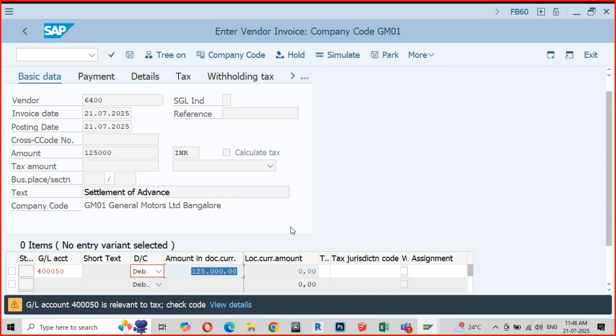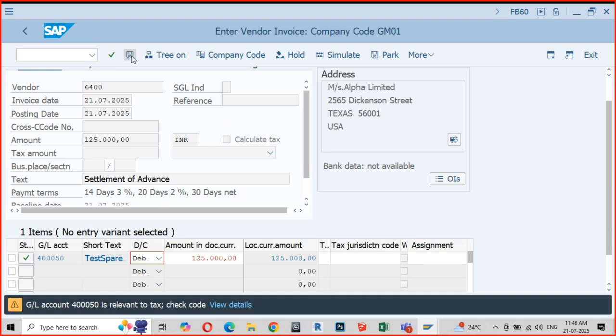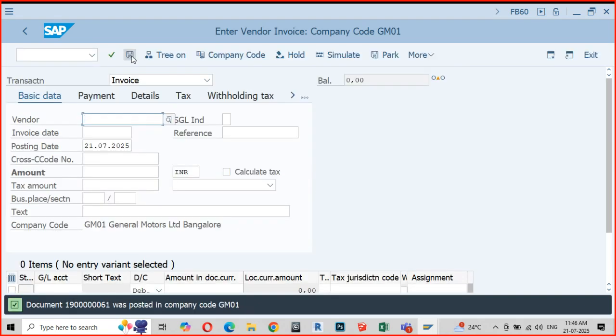Relevant to tax, no problem. I will post this. There is a document which has got generated. Now I have an advance for 1,25,000. Now I have an invoice for 1,25,000.